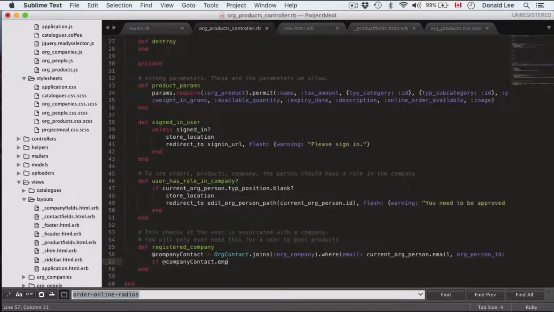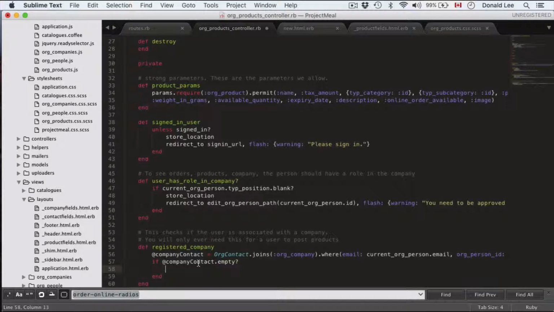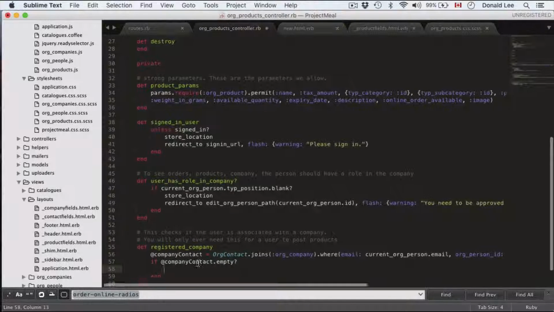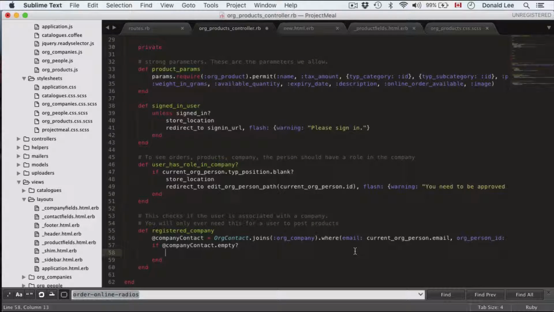So if we come up with nothing, then clearly there is no user attached to this company, because if the company is not 3 but 4, then I will get an empty result, right? So the join by org company ID, where the org company ID matches on the org company table against the org contacts table, for the user's org company ID. If the join fails and it came up with an empty result, then I'll redirect you to your edit org person path,